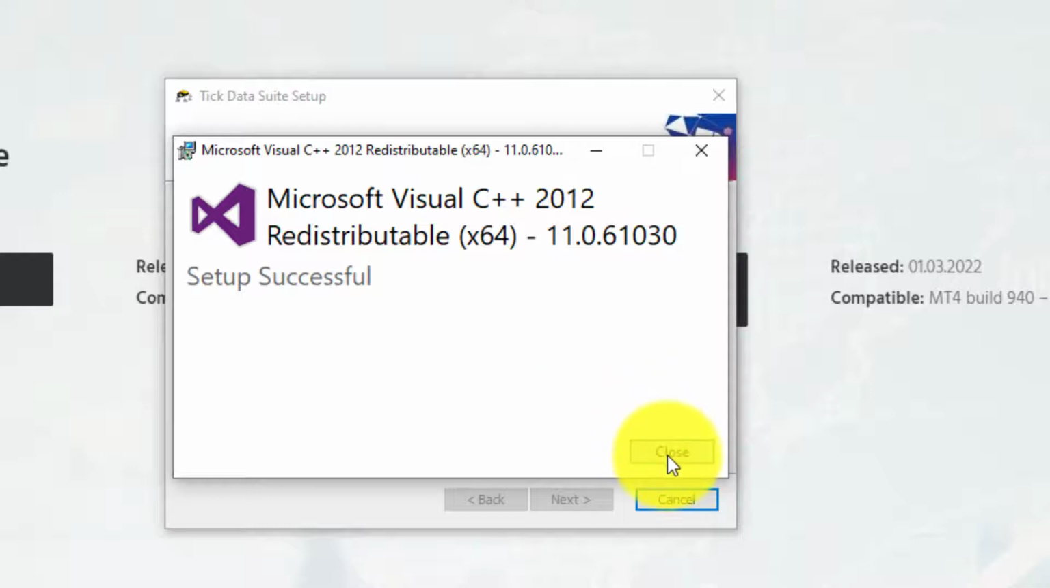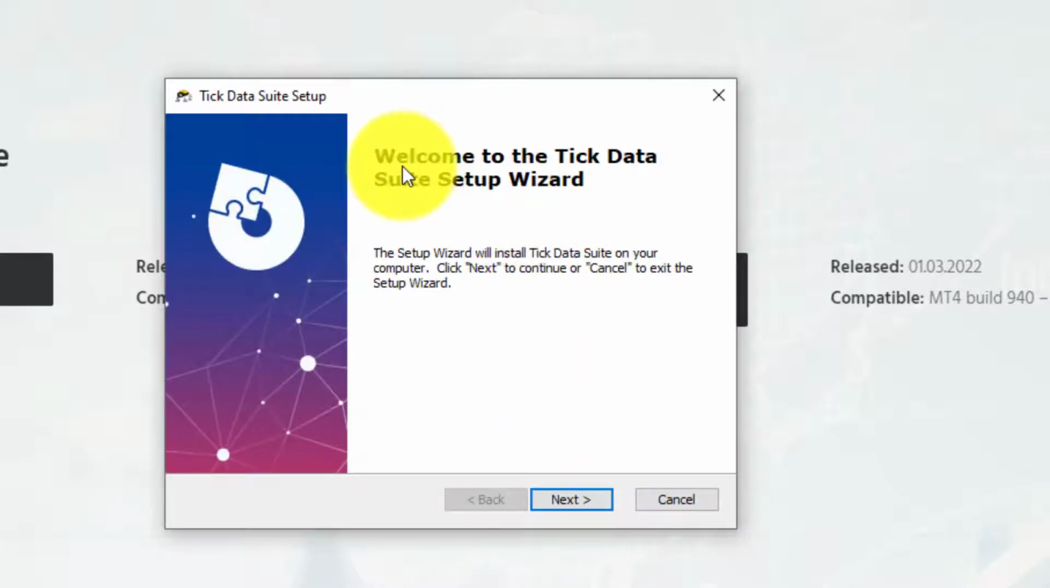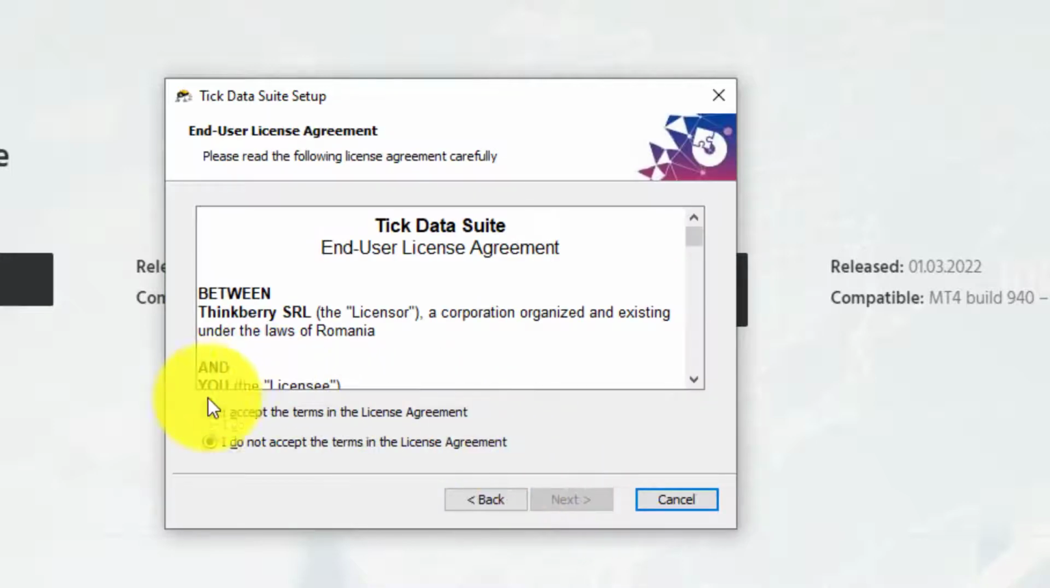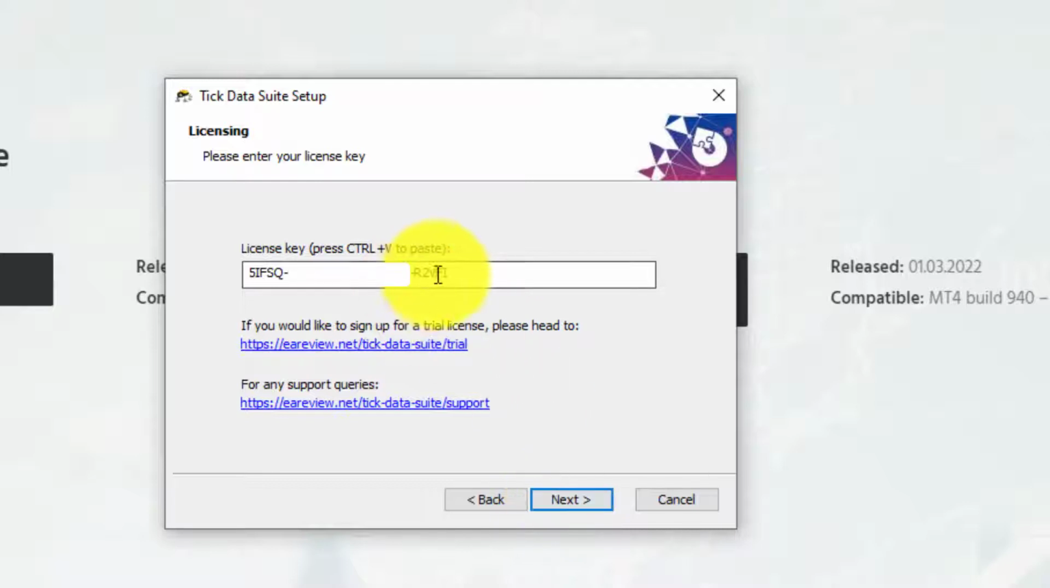Setup is successful. We say close, and it says welcome to the suite, and we say next, and we accept the conditions. Here is the license key for the 2-week trial. So it's important to record this license key. It will also most probably be in the email that we receive, but I'm going to actually save it somewhere else. There is the license key, and we then go on,